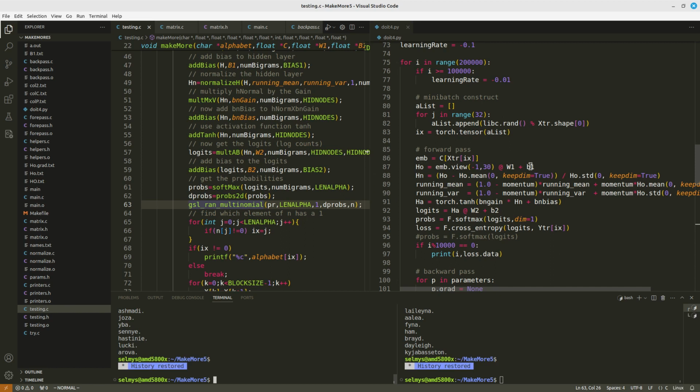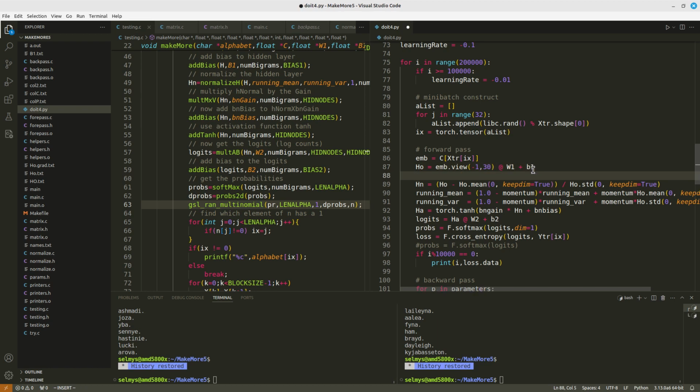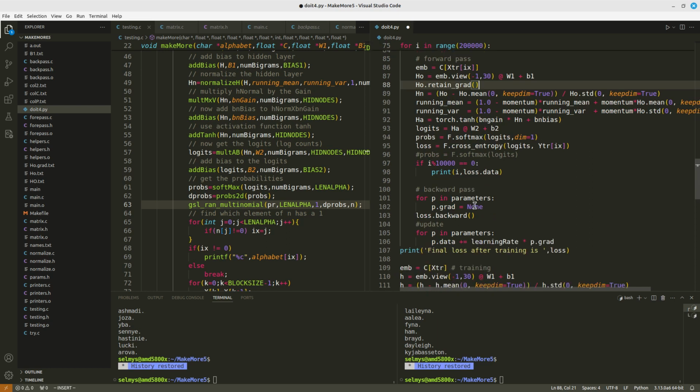So if I do this here, let me just put in HO dot under GRAD. I will just say that I want for this very first layer, I want to retain that as the gradients of that, because what I want to do is at the end here, let's see, where is it? In the backward pass,